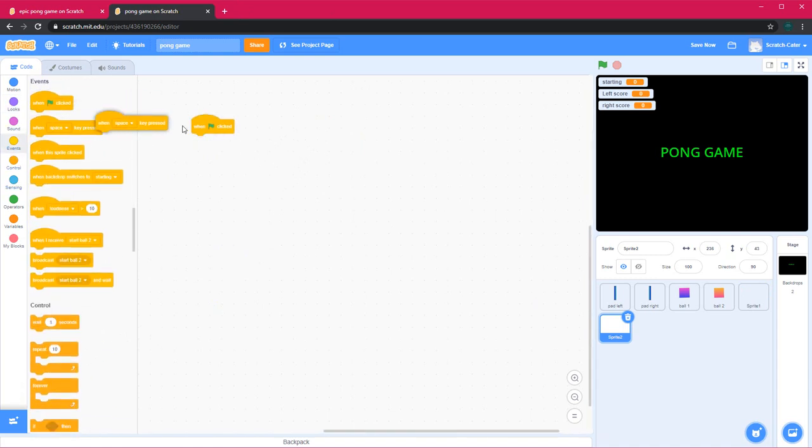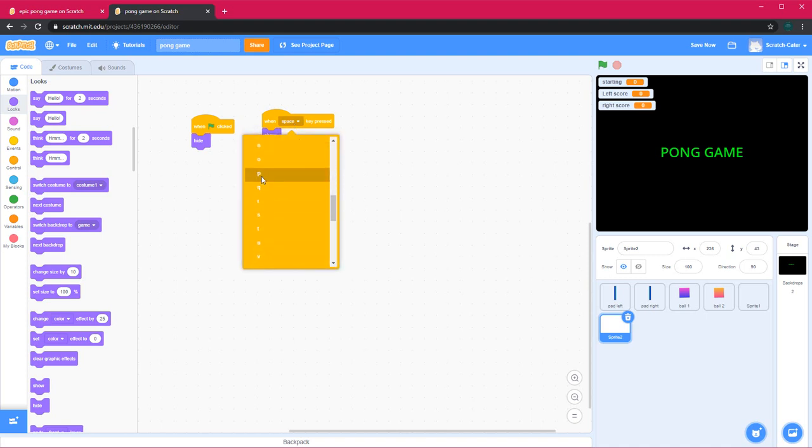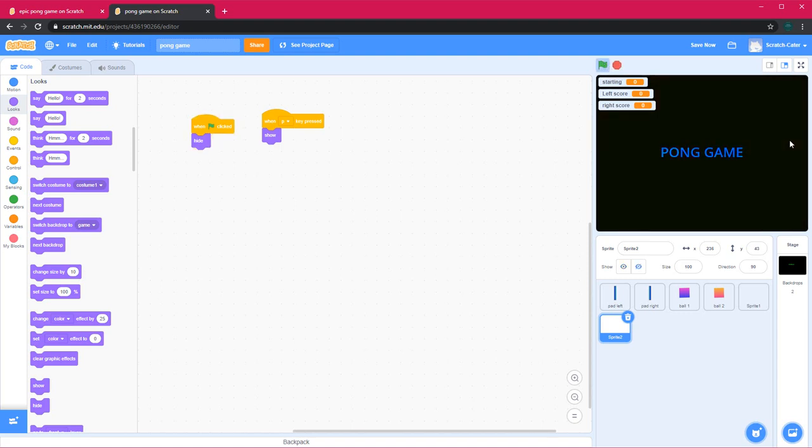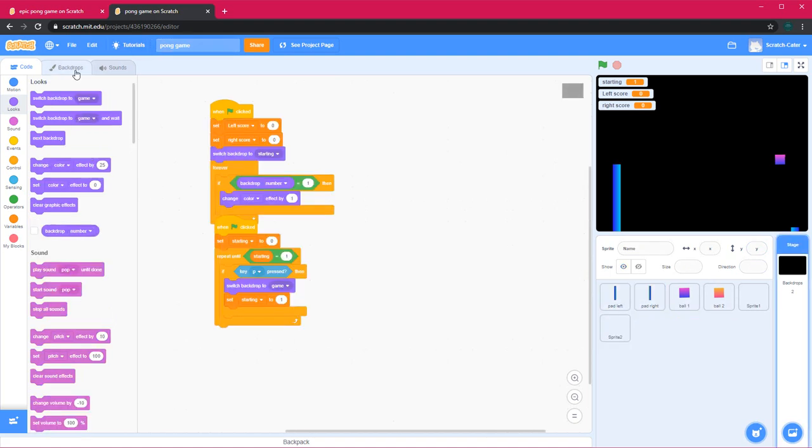by getting these two, and then in looks I'll get these two. Instead of space, P. It really doesn't matter because you can't see them anyway. First I'll save this. And next, I'll change the background a bit. So in backgrounds,